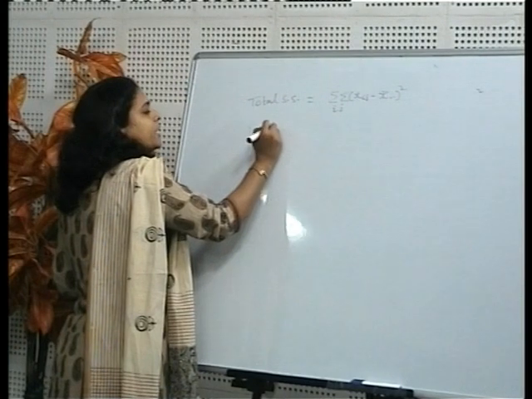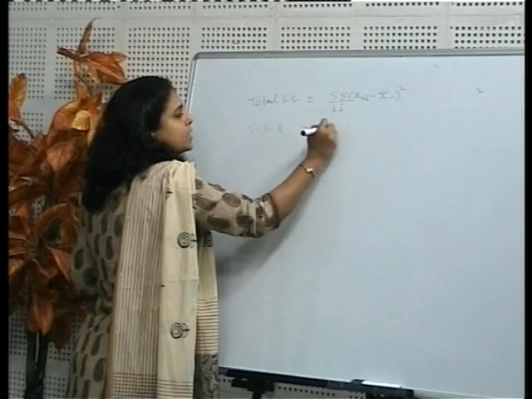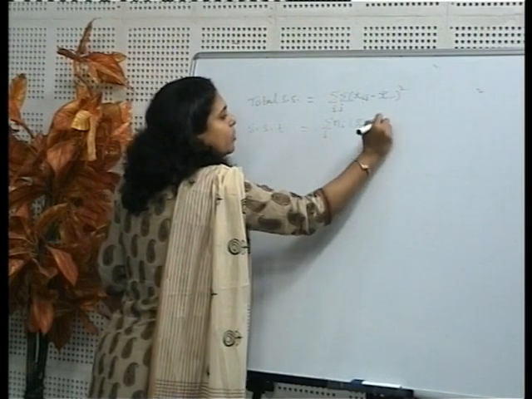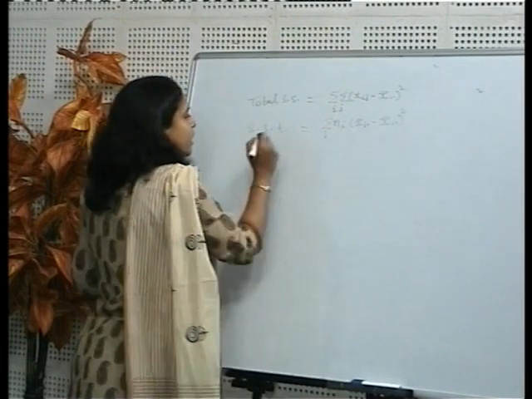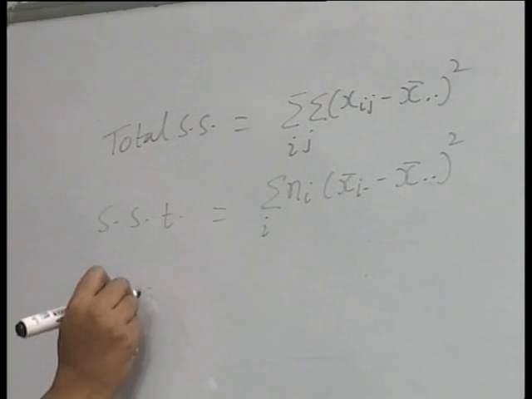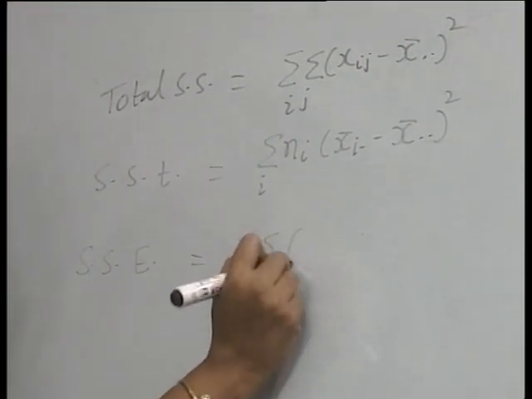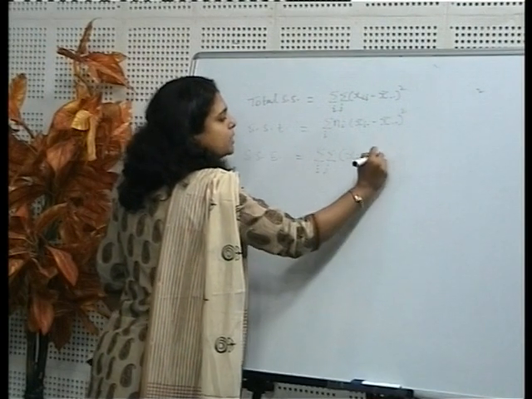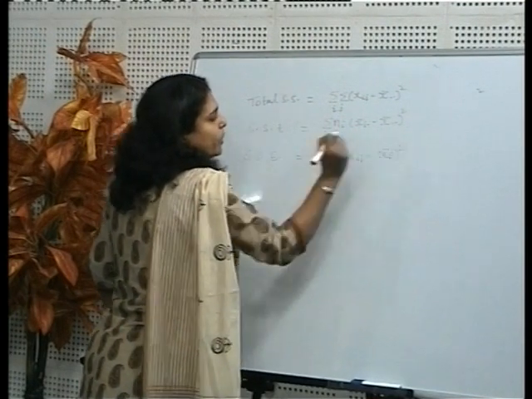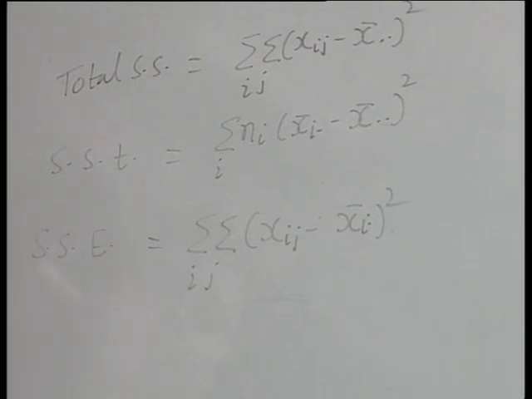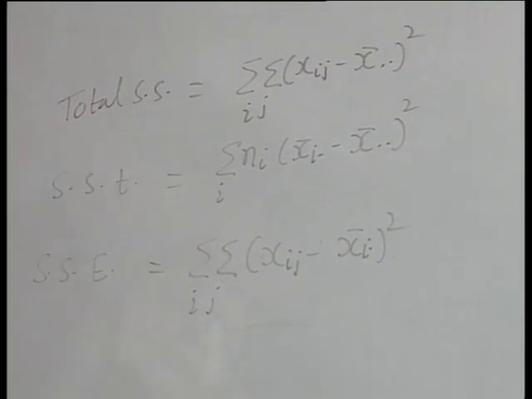We have derived the sum of squares due to treatment as summation over i ni into xi dot bar minus x bar double dot square, and the sum of squares due to error is defined as double summation xij minus xi dot bar whole square. Now this term, that is total SS, the first,